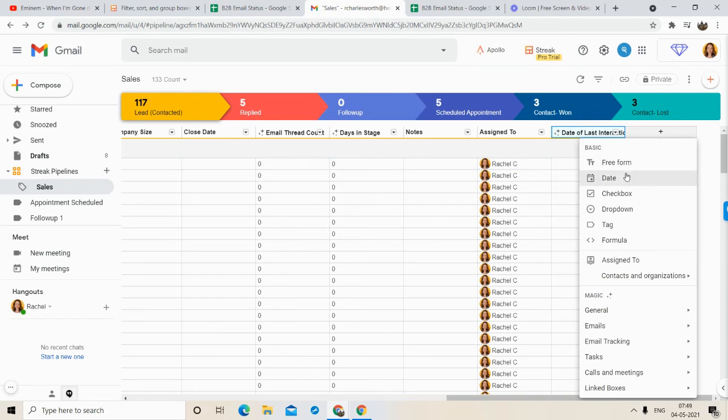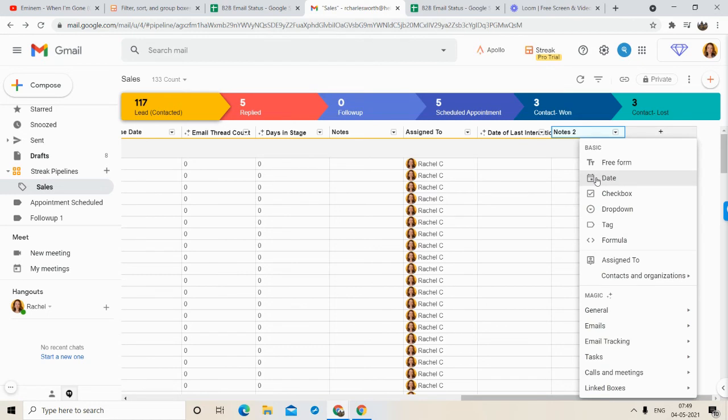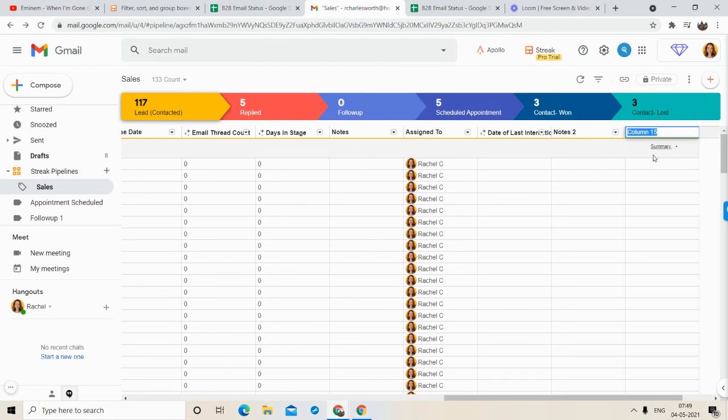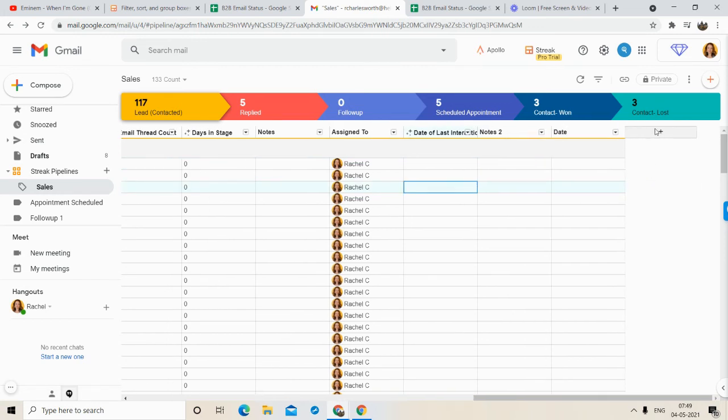So you can add all the columns over here, free form. If you want to add basic text, you can add it, right? Suppose you want to add notes. There is already a column of notes, right? So I will just write notes one, notes two. I can individually write. Okay, so this is free form. I can also add date. I can individually add dates. Now the other thing is checkbox. If you want to add a checkbox, you can do that.